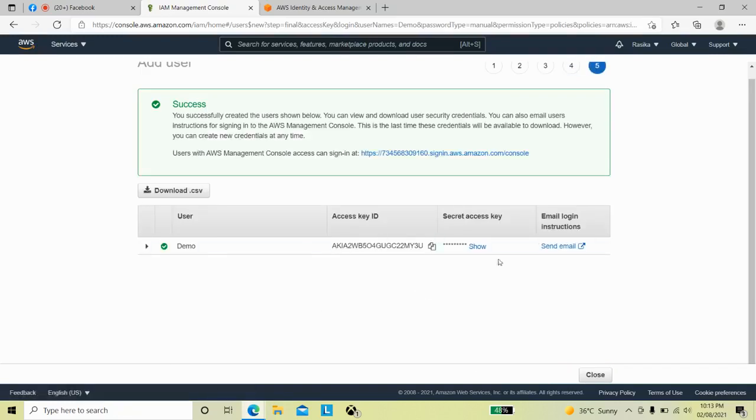Once the user is created, you will get a screen like this. This screen is helpful to log in via the command line interface or SDKs. This is especially for developers who develop by using the command line interface. For that, this password is a one time generated password. Again, we cannot generate the password. So you have to